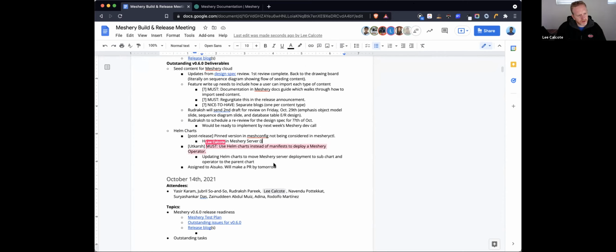So this is confusing to me. This is already done, right? We already did this, but we didn't land it because it needs to be refactored. Right, once the Helm charts are refactored.